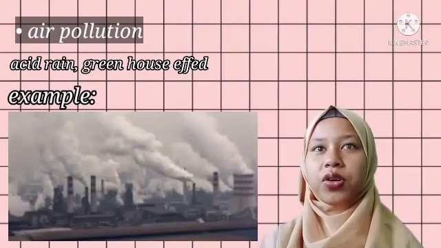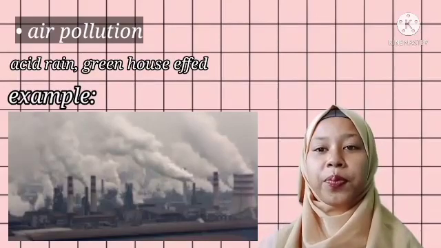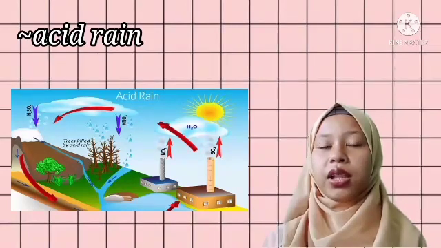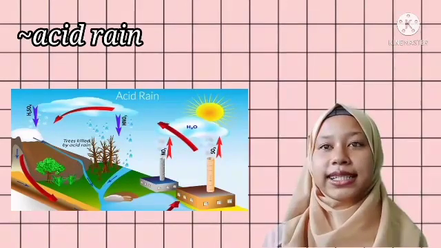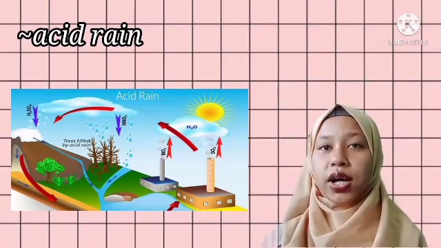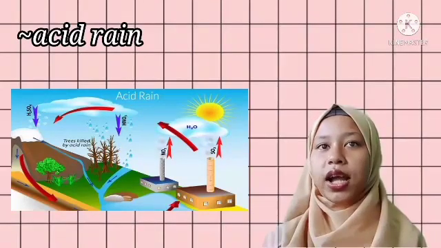In general, air pollution is in the form of toxic gases and solid particles. A. Acid rain. The definition of acid rain is rain of various kinds with a pH below 5.6. Natural rain is acidic, with a pH slightly below 6, because carbon dioxide or CO2 in the air dissolves with rainwater and forms a weak acid.